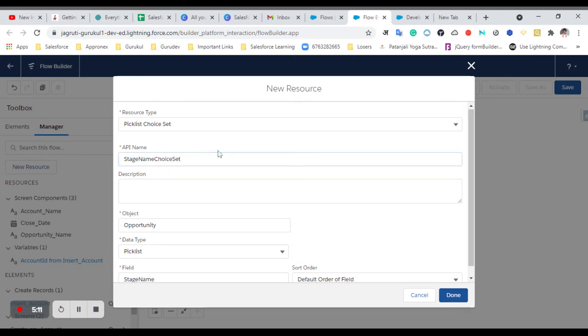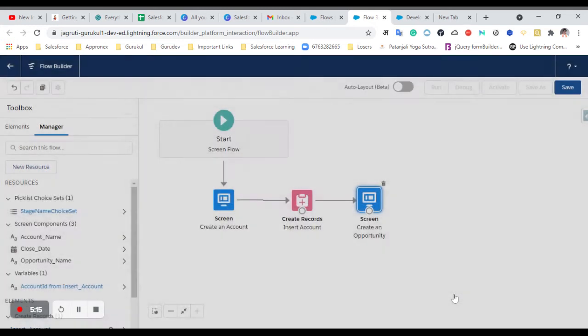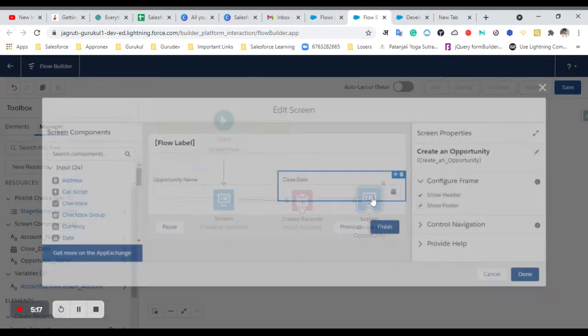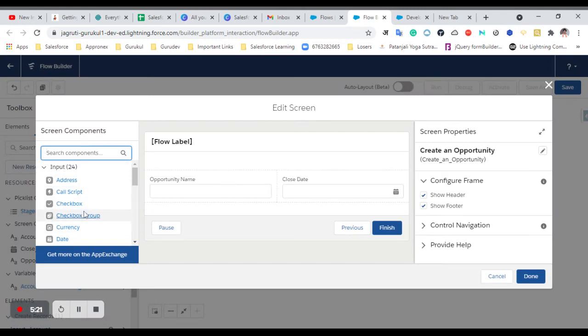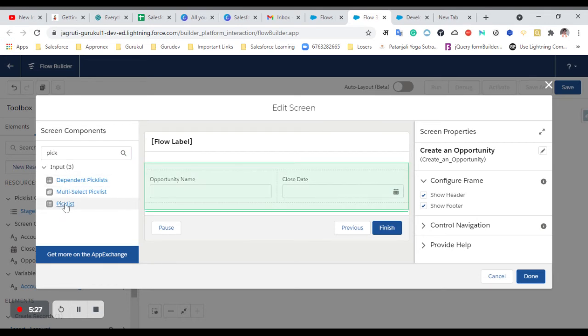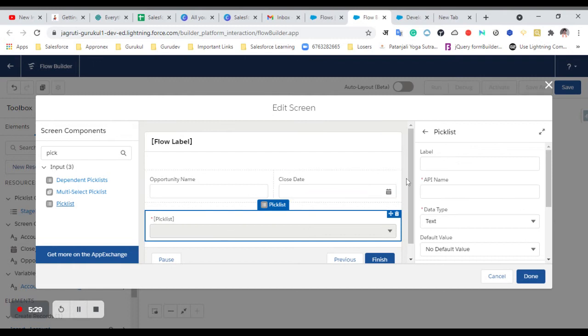Okay, great. Everything looking fine. Let's just click on done. And in this screen, I want to use that one also. So let's just put here the pick list component. So I'm just putting it here.